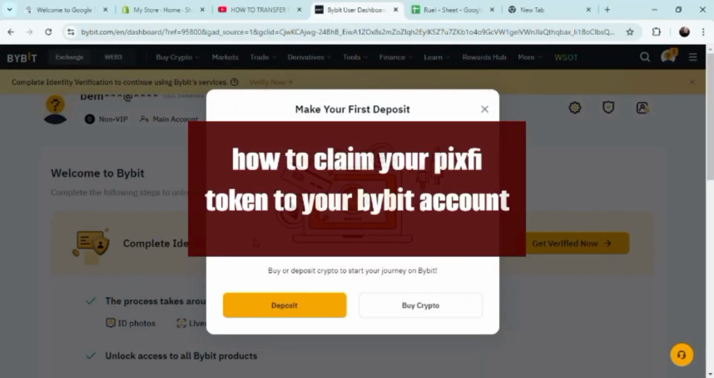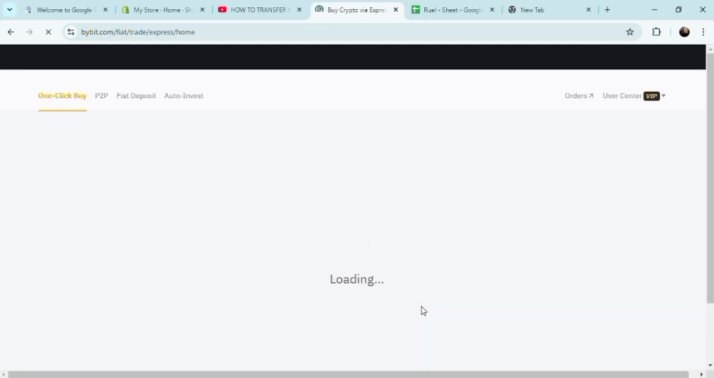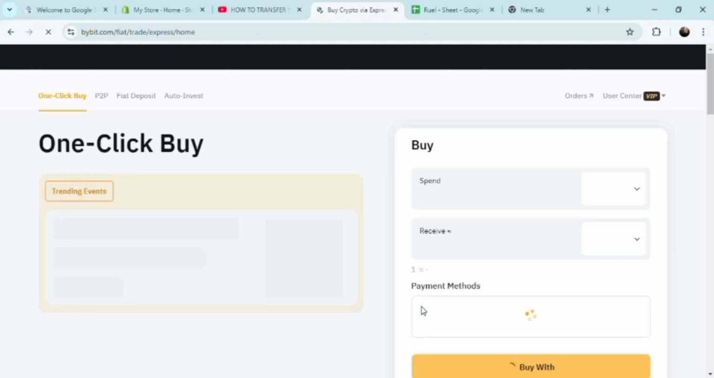So how do you claim and buy your Pixfi token on your Bybit account? Well, it's really simple. You can basically just deposit or buy crypto. So once you click on, since we're claiming,